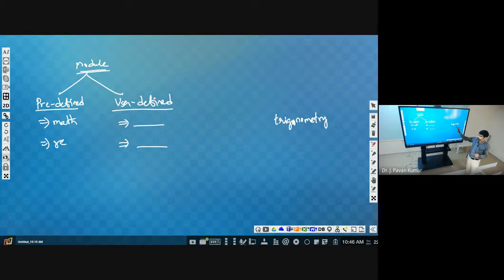Trigonometry related functions we will define, let us assume. And we will store that as tra.py. Similarly, some other scientific functions we will be defining, and we will be storing with the module called sci.py. This is another module. This is the first module, this is the second module.